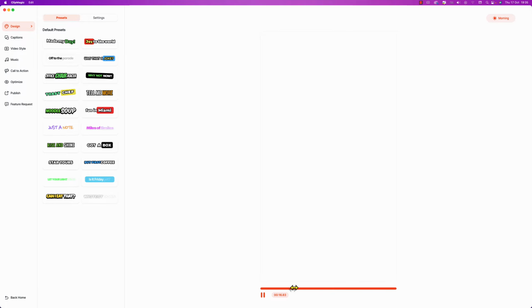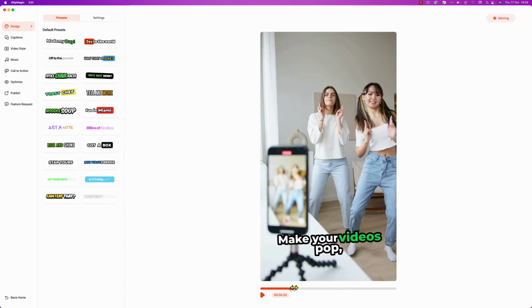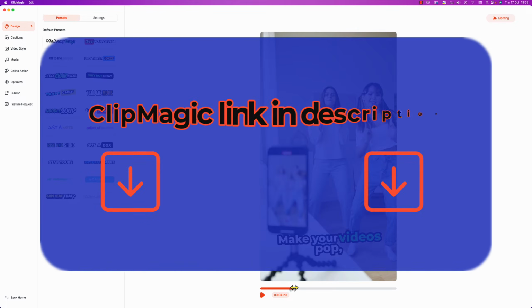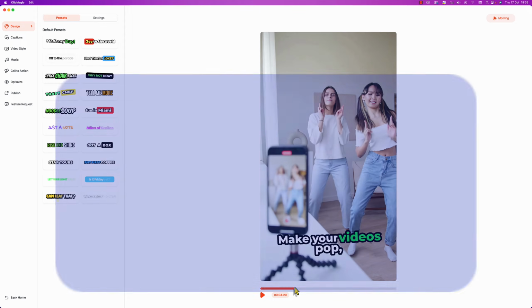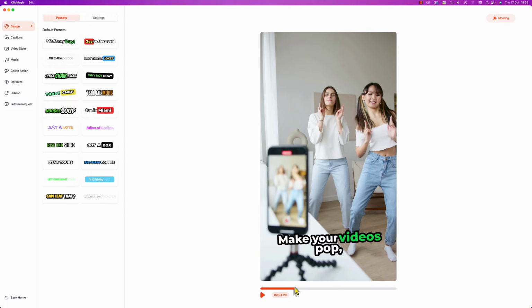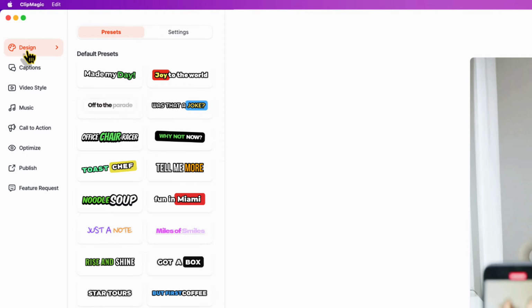So there you go, it's done a fantastic job without us having to change any settings at all, and you could actually publish that as is. But I'm sure you're keen to see how this software works, so we'll make a few changes, that way you can see its capabilities. So first off, we have the design section open here on the left, which has two